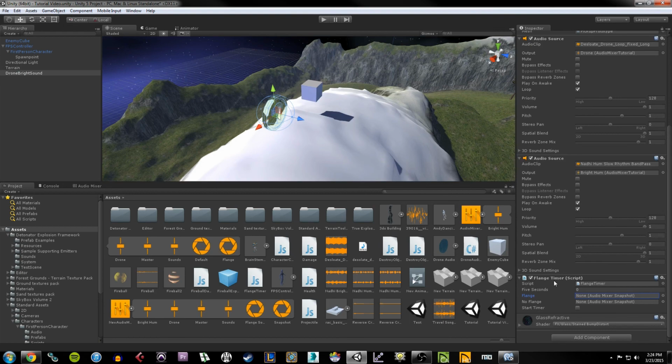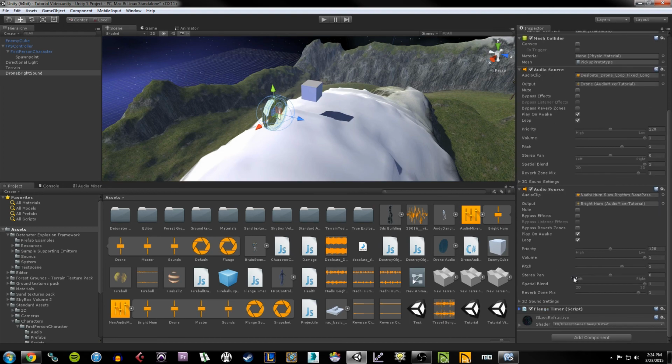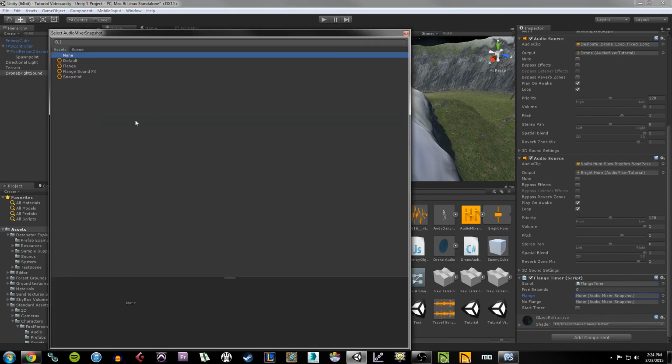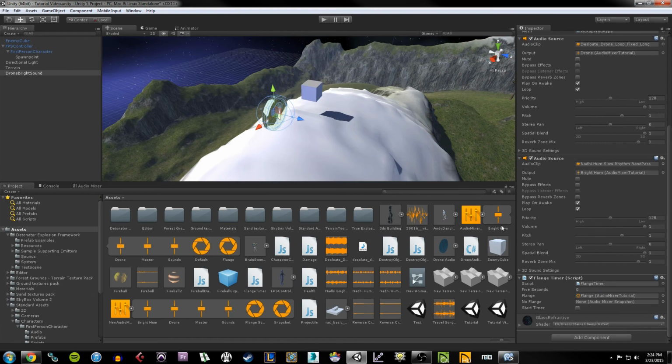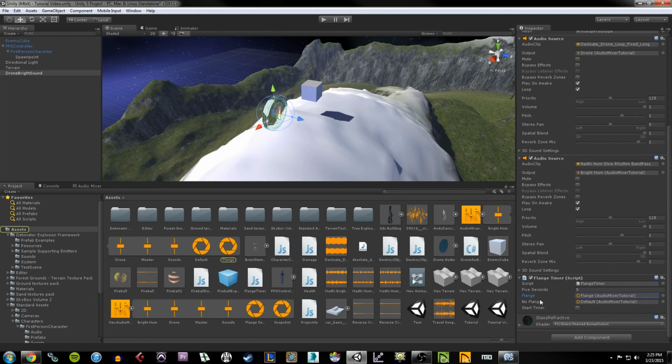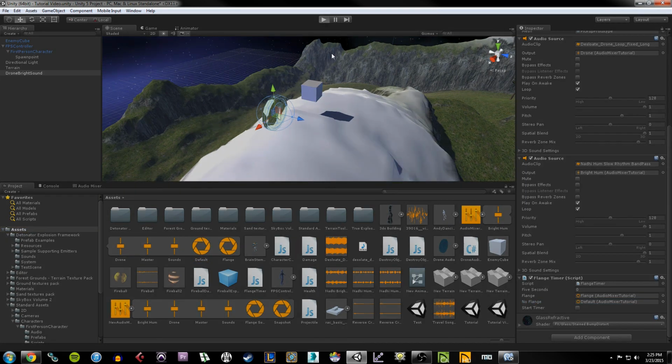And once we have it on the object, we want to find it in the component list where it says flange timer, expand it out. And for the flange option, what we want to do is click the circle next to it. And we want to choose the flange snapshot from the list. Where it says no flange, we're going to click on the circle again, and we're going to choose default. But now that we have flange and no flange defined, ideally this is going to work. So now when we hit play,